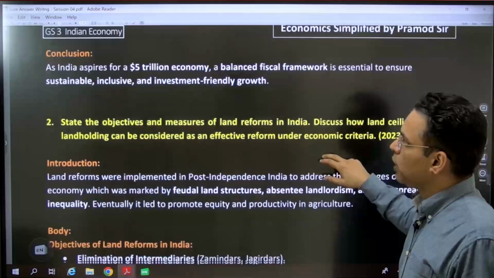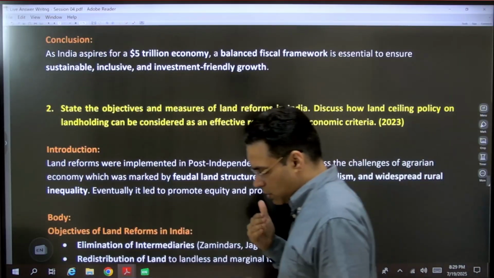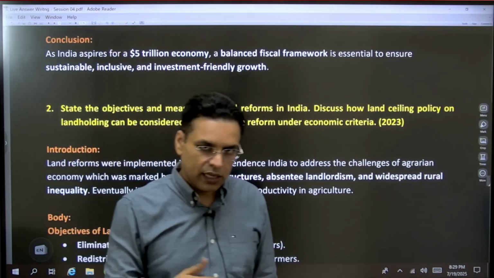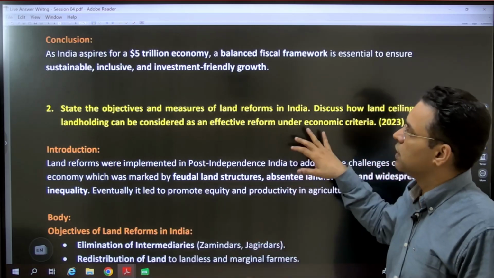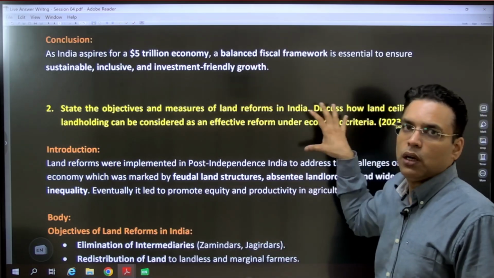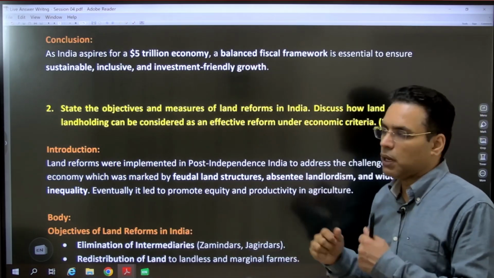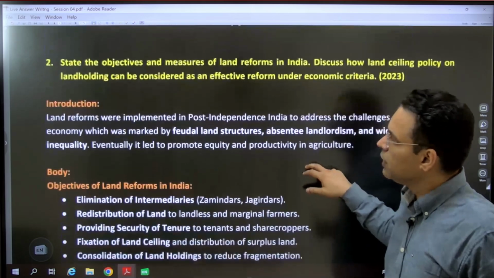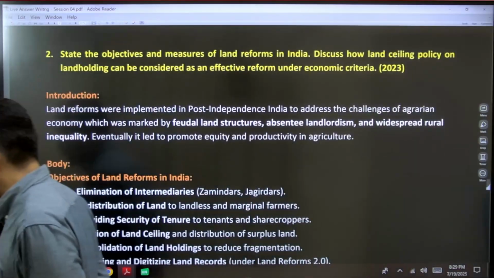So if we want, अगर हम fiscal consolidation करते हैं, if we are able to manage the debt, we are going to reduce the deficit in a sustainable manner, and that will help us to growth हमारा बढ़ जाएगा. ठीक है? So that is a very simple question that can be understood.